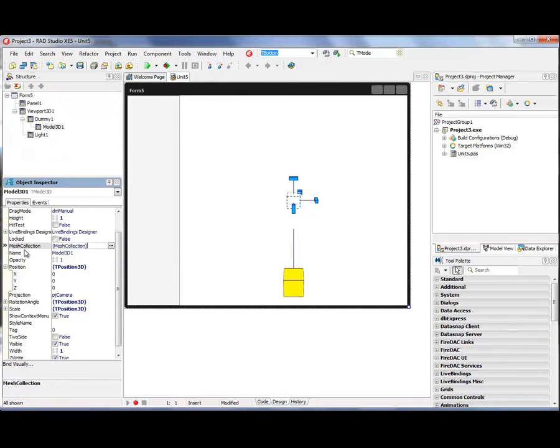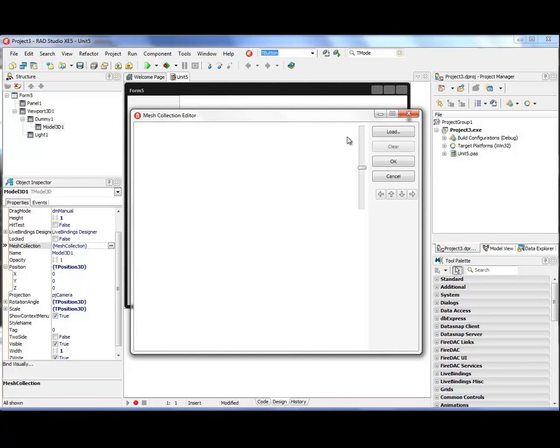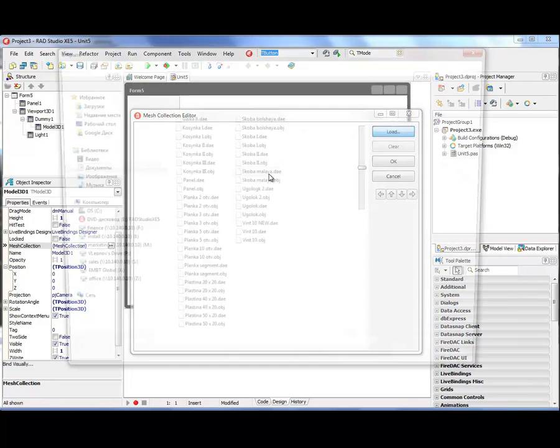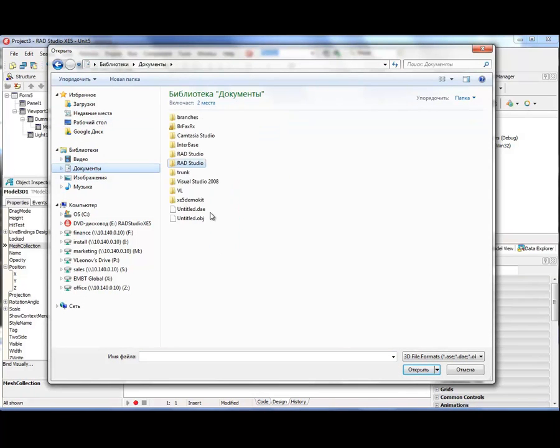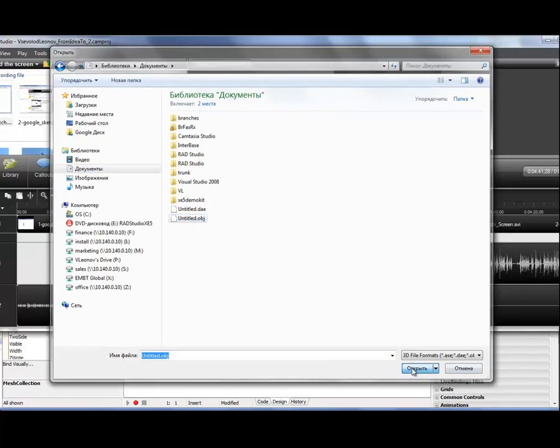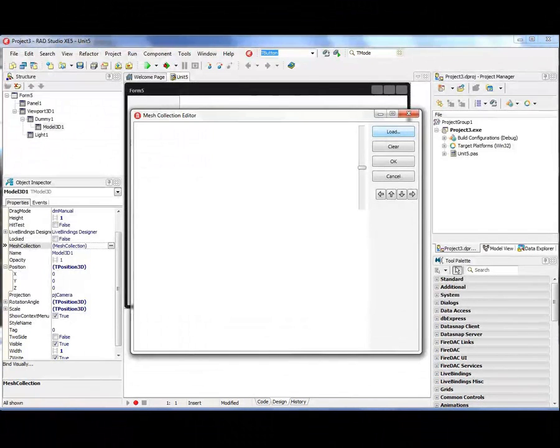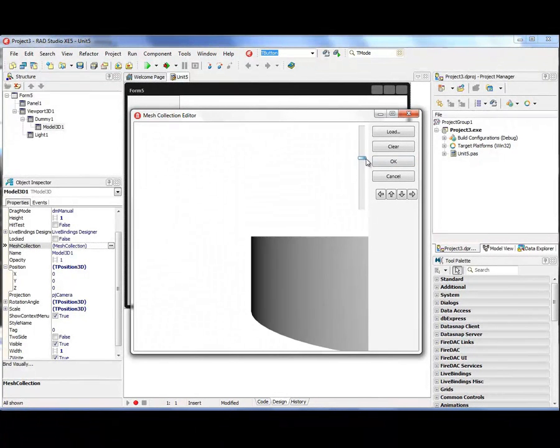Okay, we have the T-model 3D and the cornerstone of all the component, mesh collection. Mesh collection is the property to load the external ready model, once again both in DAE or OBJ format. If we are loading the OBJ format, like this, we'll have nothing, because we need to scale. This track bar is used for scaling the model.